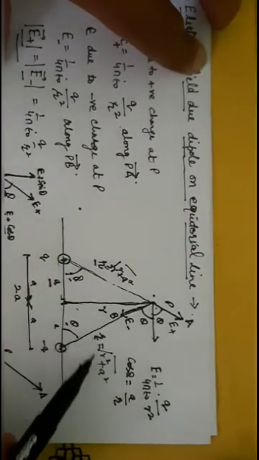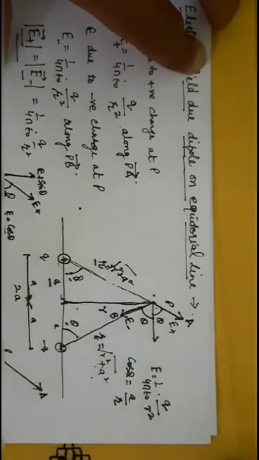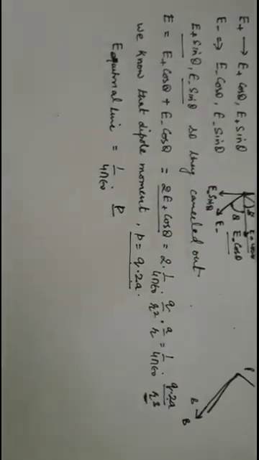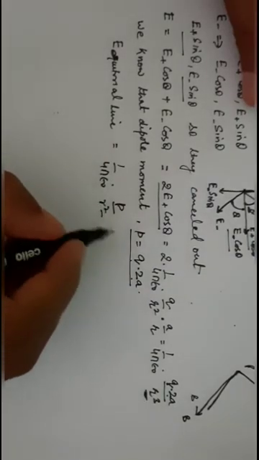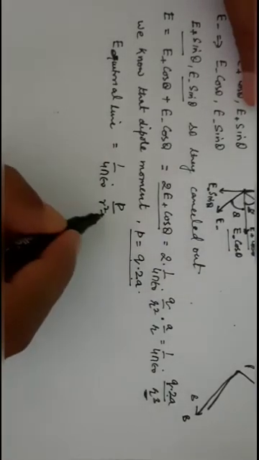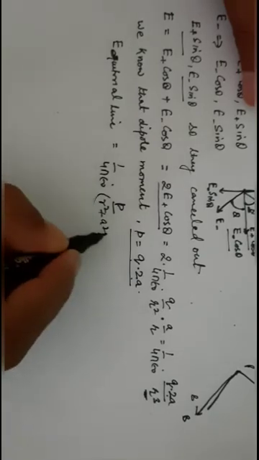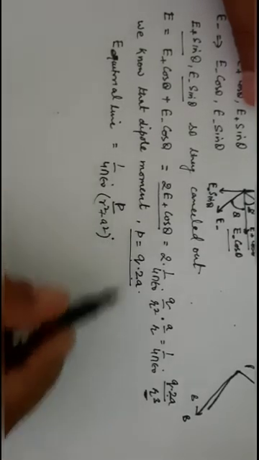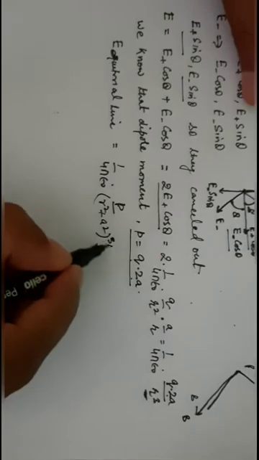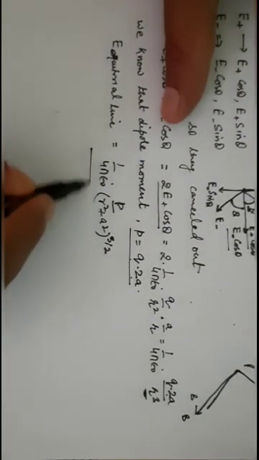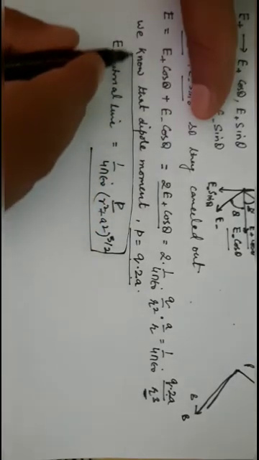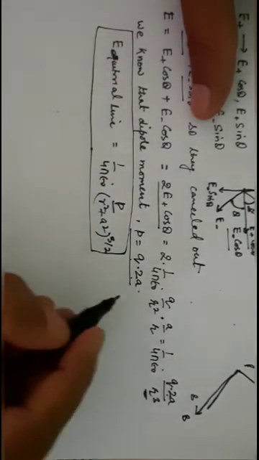So this r from the diagram, this r is equal to the square root of r square plus a square, or it is this much. So it becomes r is equal to r square plus a square to the power 1 by 2, and since it is cube, I can write here it is 3 by 2. Now this is your electric field due to the dipole on equatorial line. Now what should be the direction?